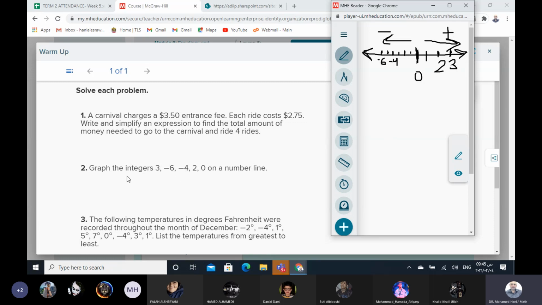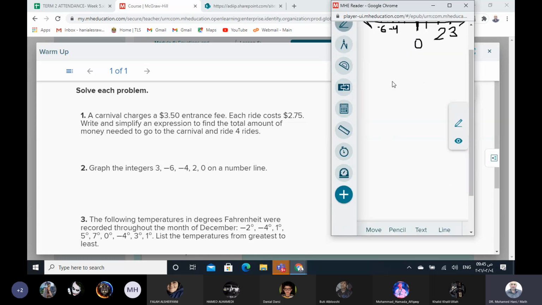This is the meaning of the integers. So the integers means positive numbers and negative numbers. The second question here,